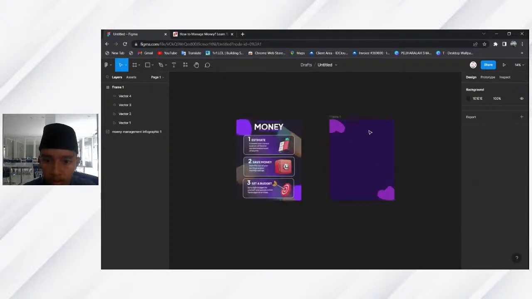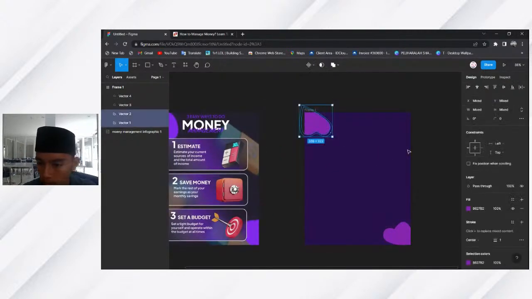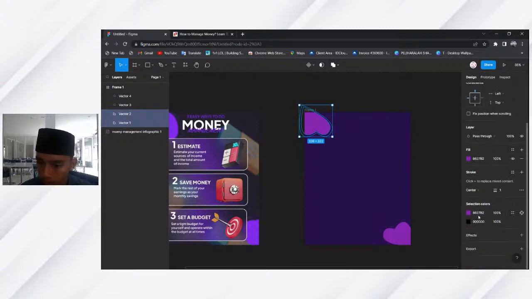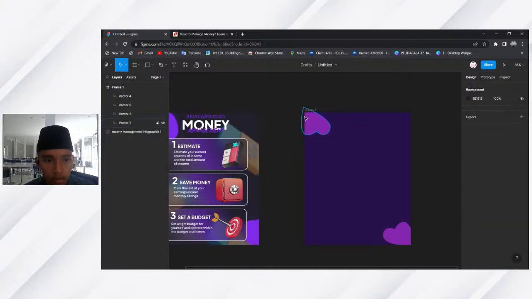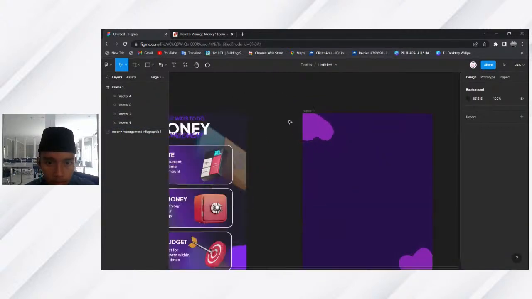Okay, and don't forget to put a blur effect. How? Well, in effects, you press the plus and change the drop shadow into layer blur, and that's how you get a blurred effect.